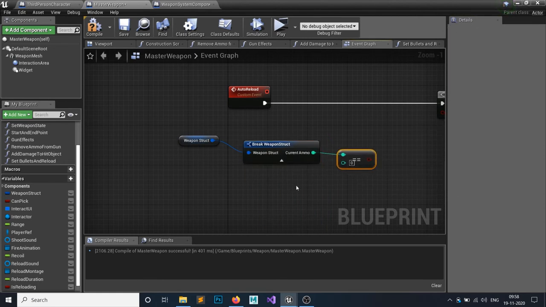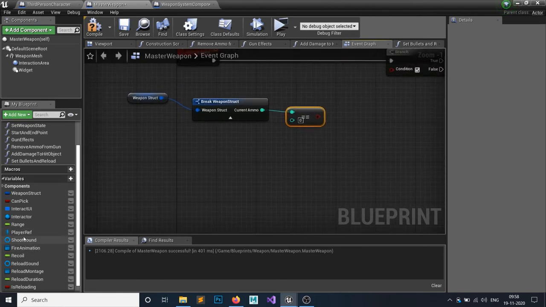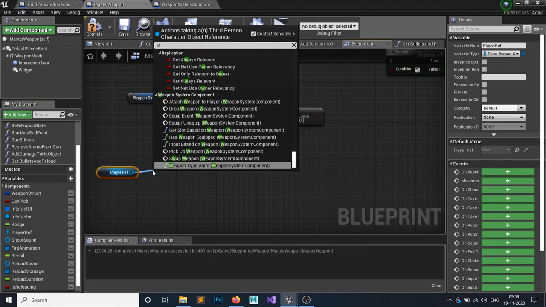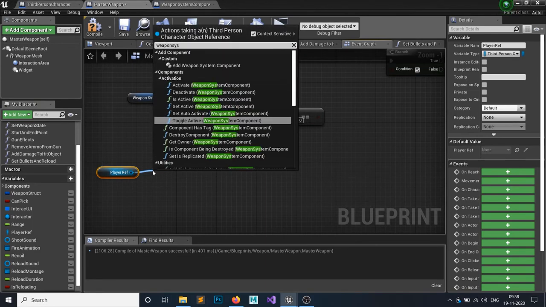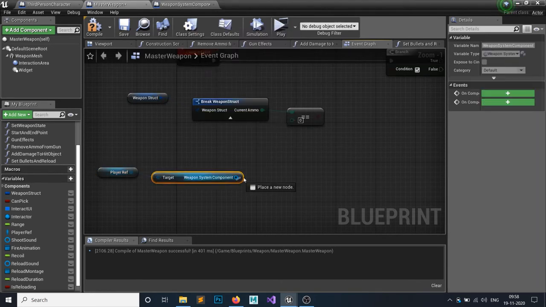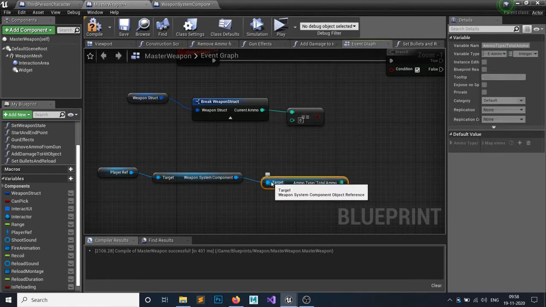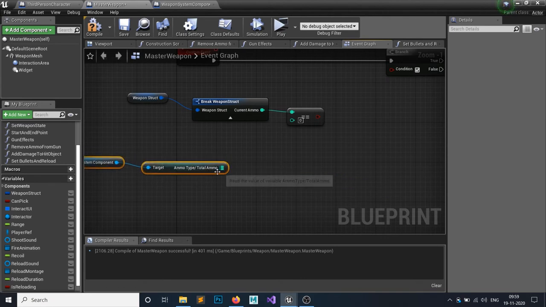Yes, it is. And then what I need to check, from my player I have that weapon system component, this one, and in here I have that map of ammo type. So I will find my ammo.